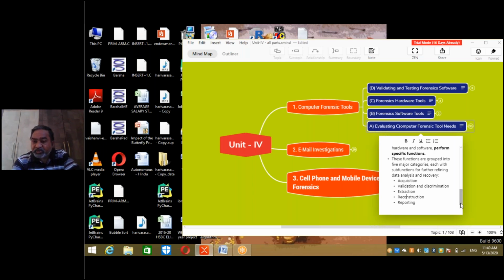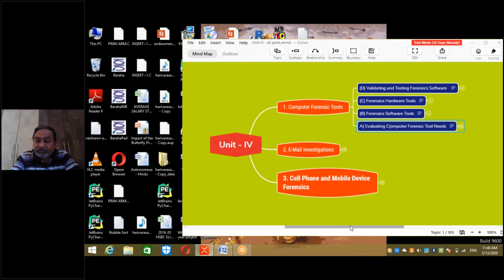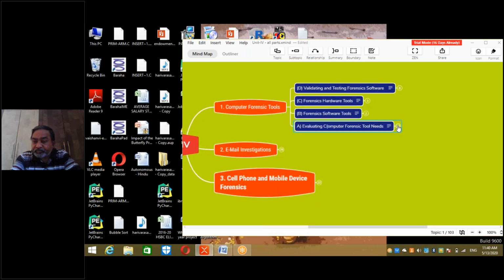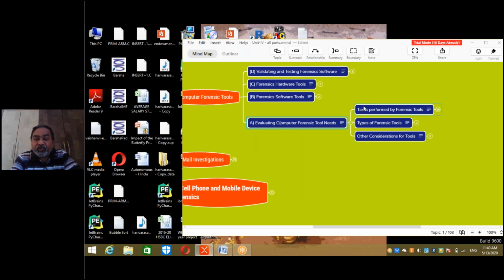We'll study each of them. So that's the need. Then we'll go with the expansion of the next one. What are the tasks performed by the forensic tools?